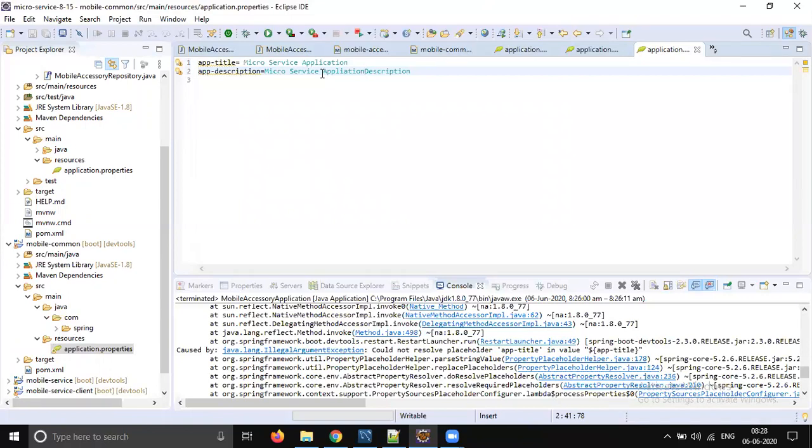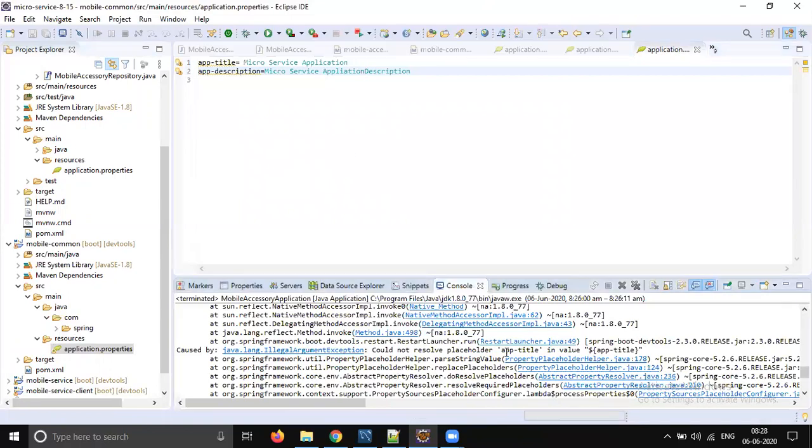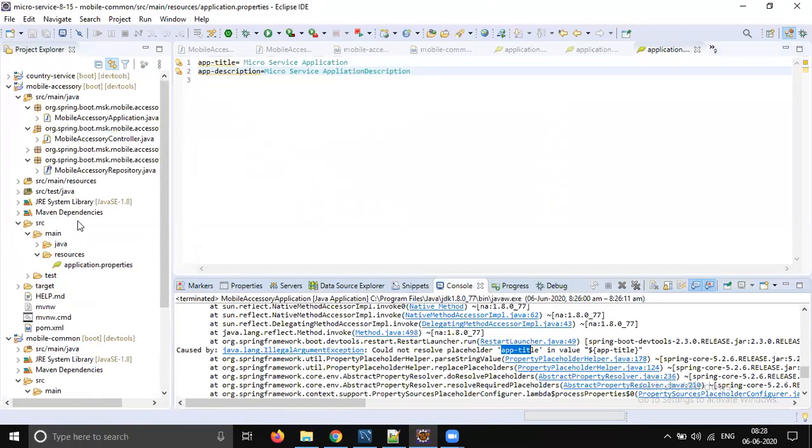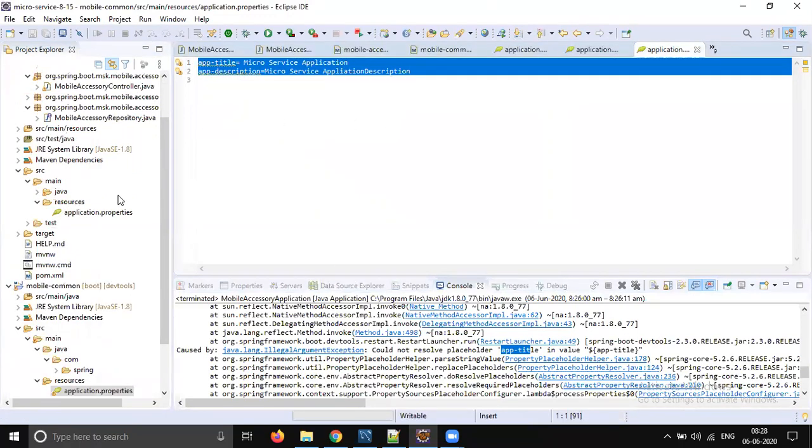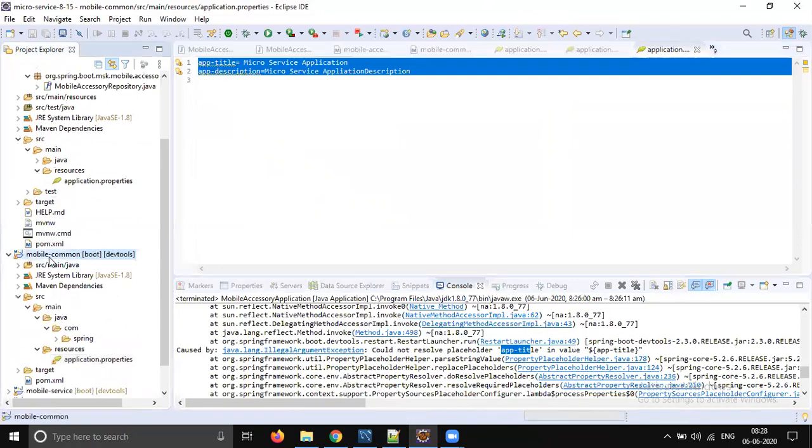No. Okay, there is an exception thrown, right? App title is missing because, yeah, let me complete. Okay, one second. Whenever we are running accessory, Spring is expecting that these two parameters should be there, right? So how should we write the code whenever somebody is using mobile common?